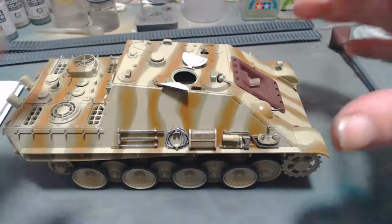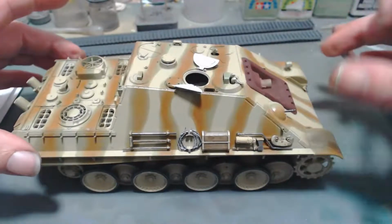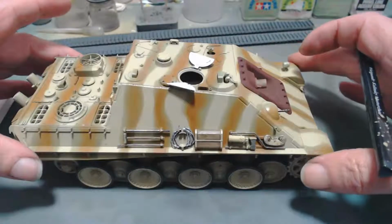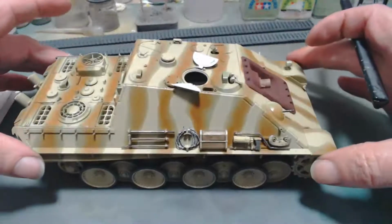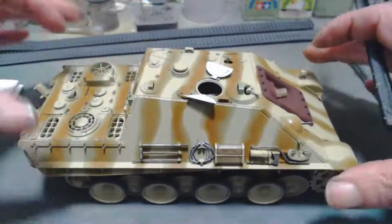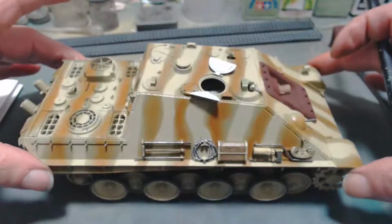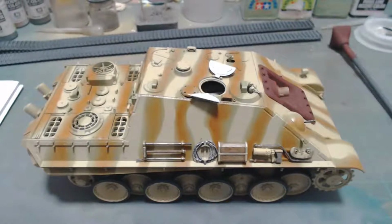So let's crack on and put some chips and wear and knocks where it's going to get scuffed. So it's going to be along the wheels and a little bit on the hatches and round where the extra tracks go, and probably on the cleaning rod, around the heater compartment fan, and a few bits and pieces. I'm not going to do too much because it can stand out a bit like a sore thumb. We don't want to make it